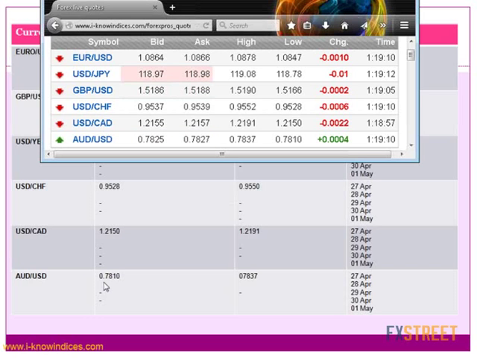Then in the case of Canadian dollar, 1.2150 is the low, 1.2191 is the high, and both are not breached. And 78.10 is the low, 78.37 is the high in the case of Australian dollar, and they are not breached. So how beautifully they have done the brief downward stop and the upward stop in other majors, whereas in the case of the commodity pairs, they have not breached the high or the low. They are making only small swings now, and then they will make an outbreak on these currencies. So watch that and understand how we can take positions in the market.